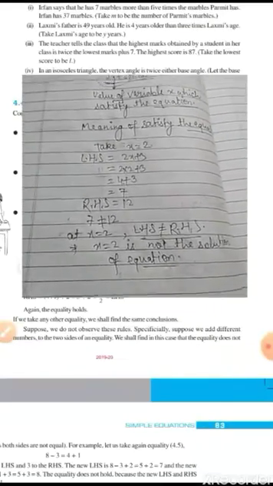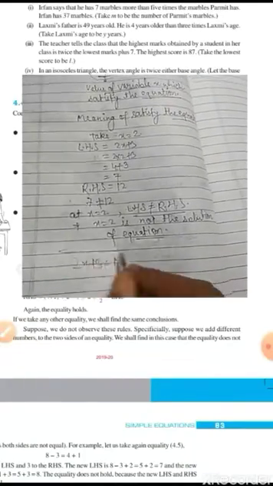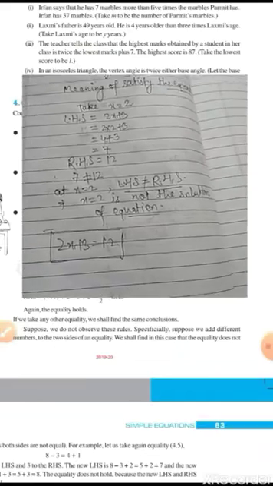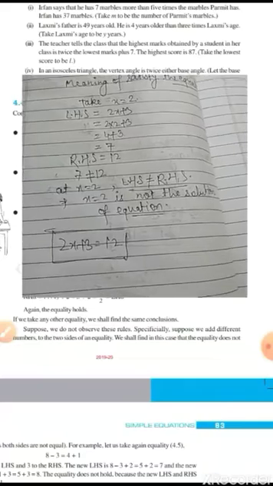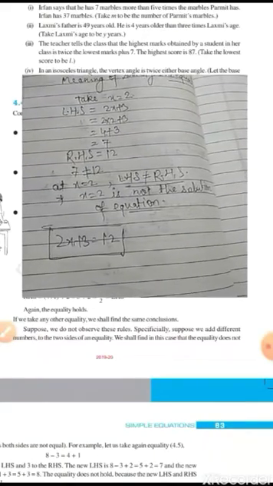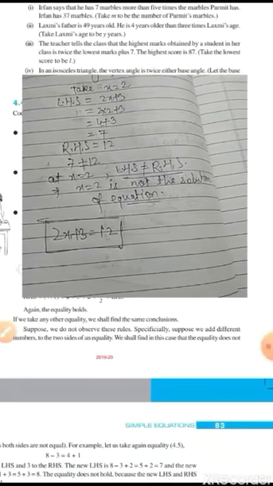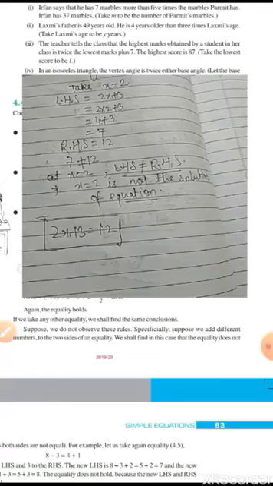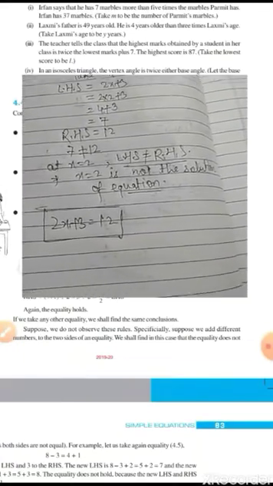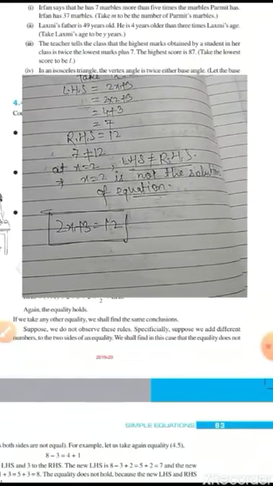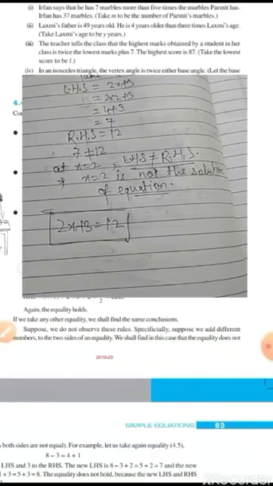So what is the solution of the equation? 2x plus 3 is equal to 12 means there exists a value of the variable on which the left hand side is equal to the right hand side, means the value of the left hand side of the equation is equal to the right hand side of the equation. So there are some steps to find the solution of an equation. Let's see an equality.